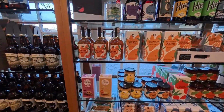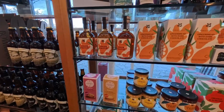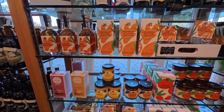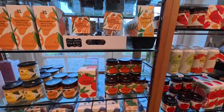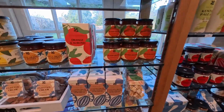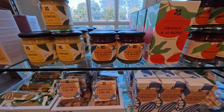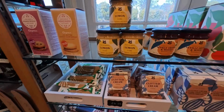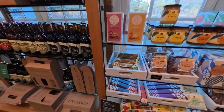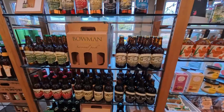This is Mike's shelf. It's got ginger and gingerbread. He absolutely loves ginger. Whereas I love almond, so that would do me, orange and almond. Oh, look at that, Seville orange and whiskey, a lovely lemon curd. So they do have some lovely stuff. It's not cheap, but it's nice for a treat, isn't it? All the different local